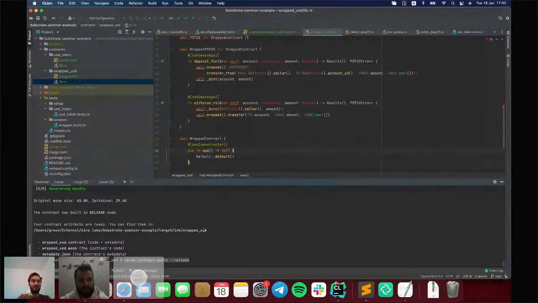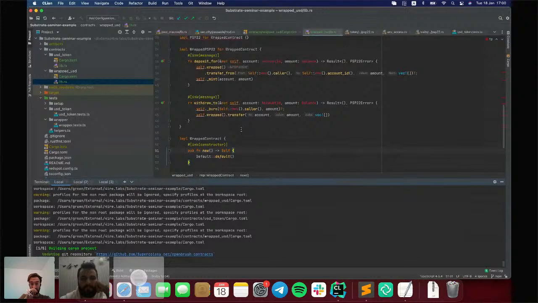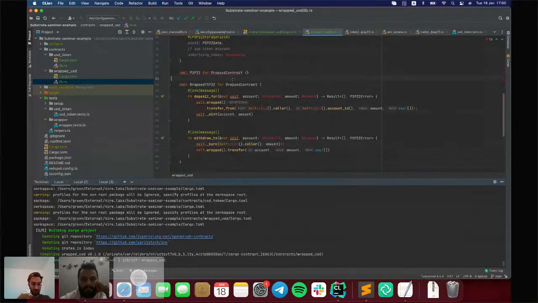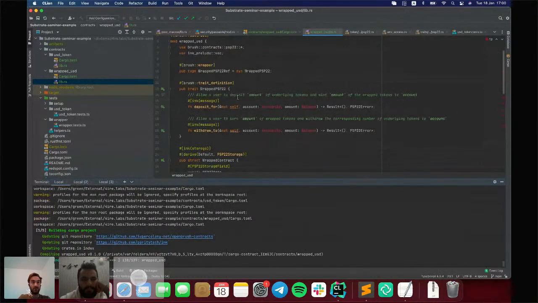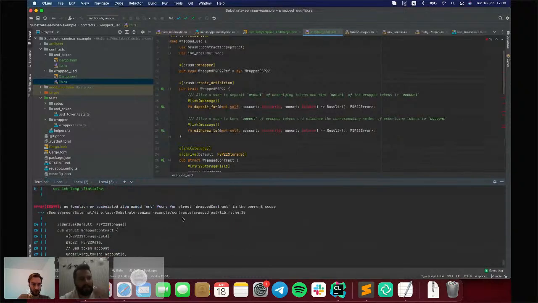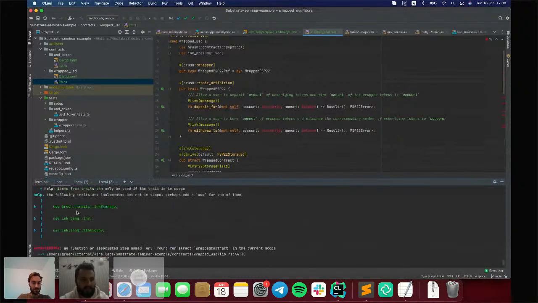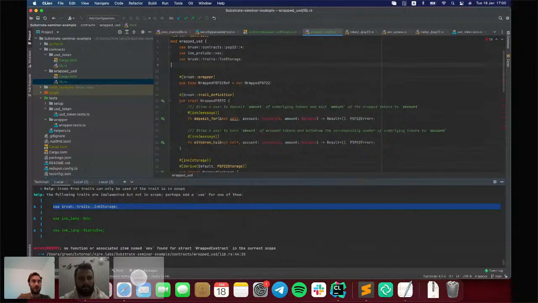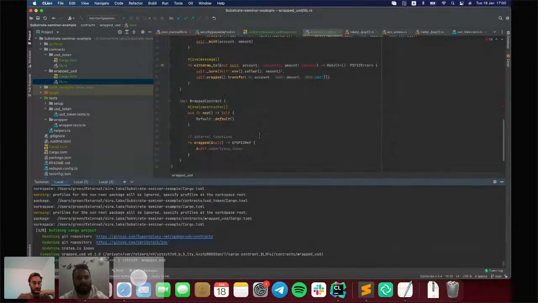Okay, let's try to build it. Okay, it requires explicit. Yeah, and also in the constructor, maybe can you show me the constructor? You need to pass the account ID. Oh, yeah, you're right. Thanks.